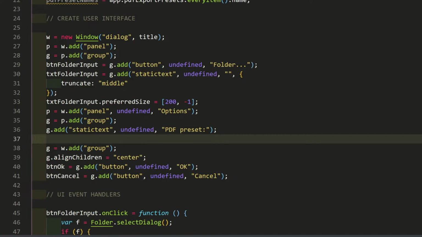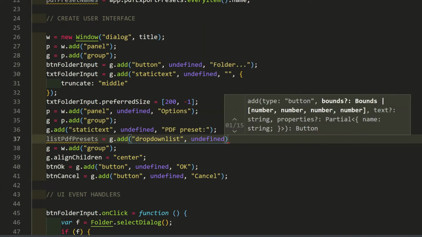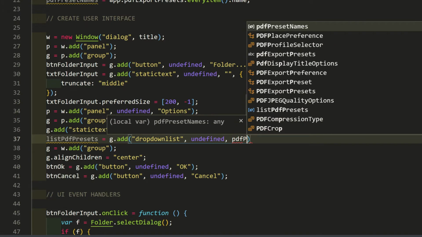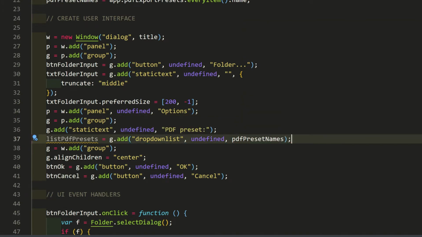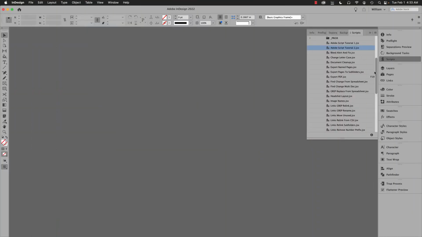Then the list. List PDF presets equals G add drop-down list undefined PDF preset names. The third argument is the array of preset names which we created earlier. This is also known as the list items. Now run the script and see how it looks.